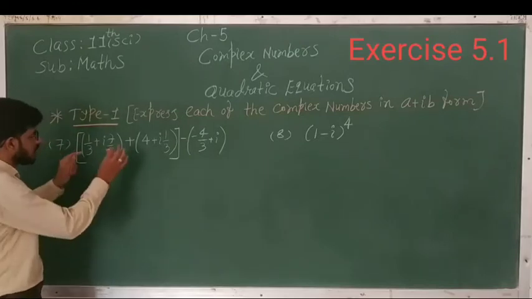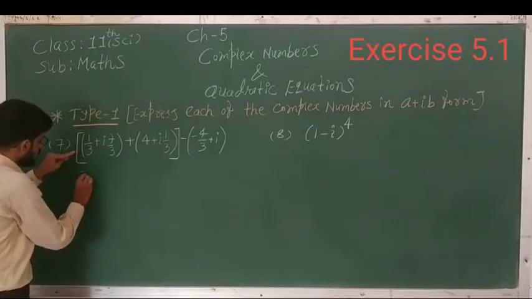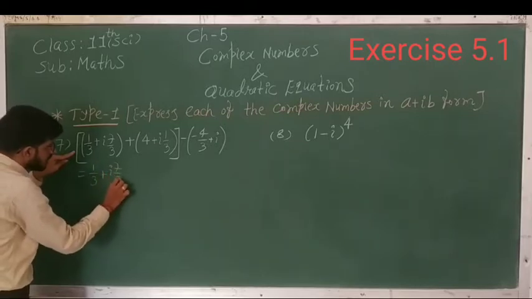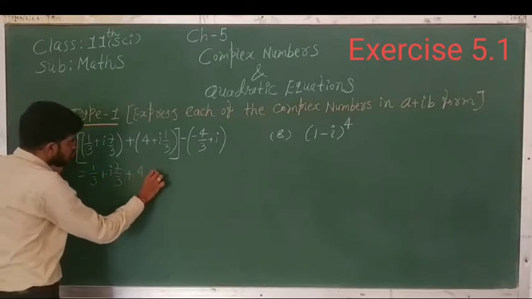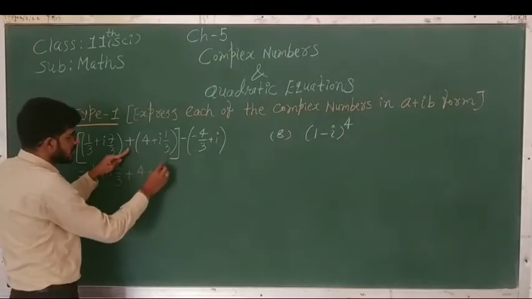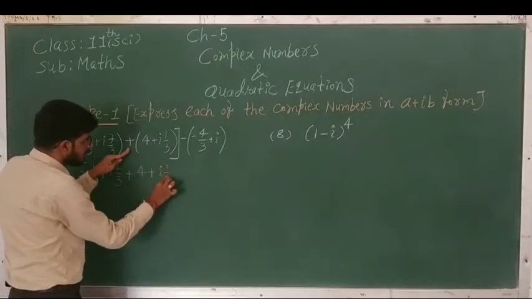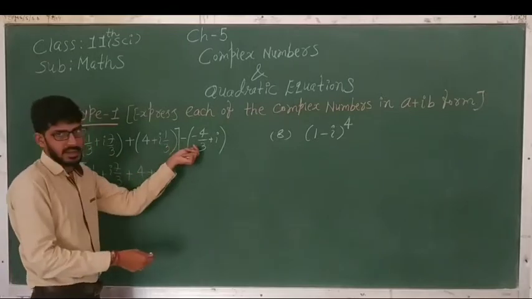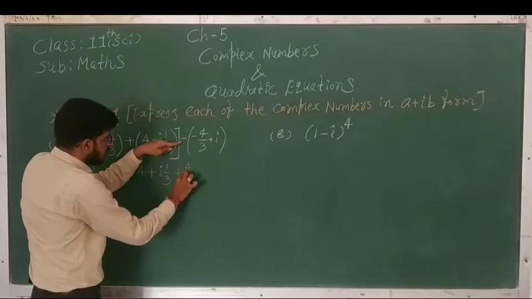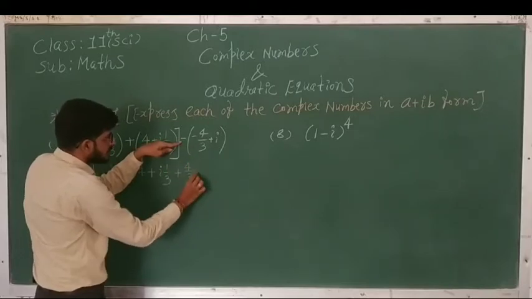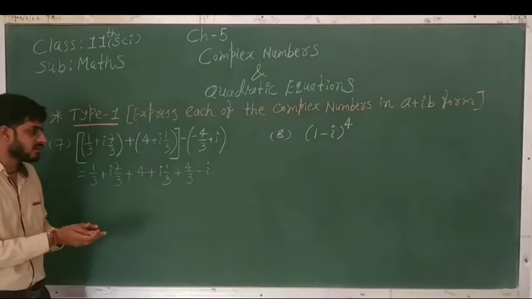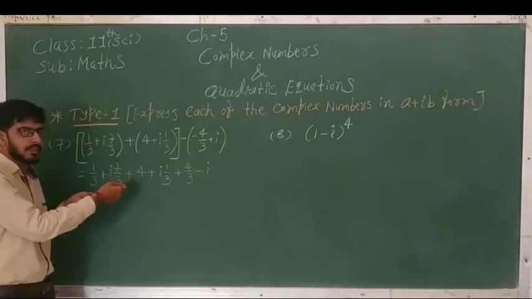Okay. So first of all we have to open this bracket. So it gives 1/3 + 7i/3 + 4, and here there is a plus sign, so no need to change in this term, so + i/3. Now we have to multiply the minus sign into this bracket. So it gives minus minus plus 4/3, minus plus minus i. Now we have to add and subtract real part and imaginary part individually.